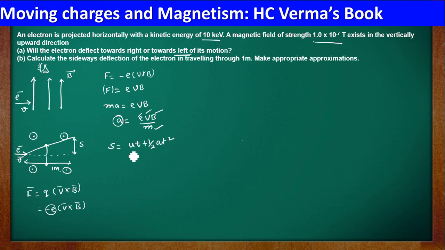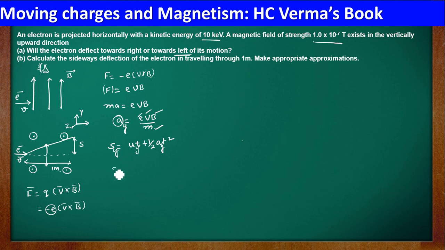Here, in this direction, the motion is along the vertical direction right now. Let me take that direction. The initial velocity is 0, because velocity is only along the horizontal direction. Therefore, let us take this as the y-axis. Sy is equal to uy t plus half ay t square. This will be your ay actually. If you consider this as the x-axis, this is the y-axis, and the other one is the z-axis by the way. So here, what is your sy?